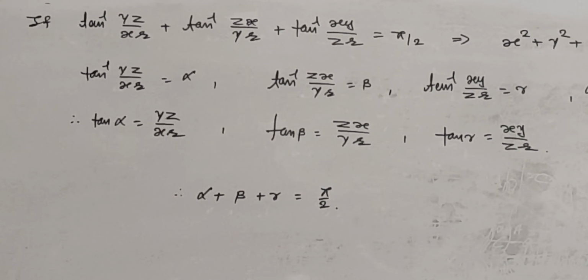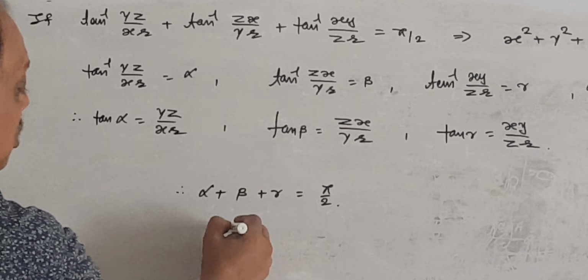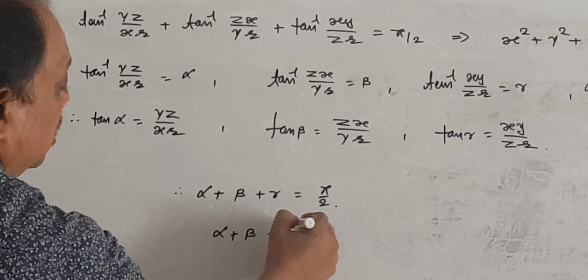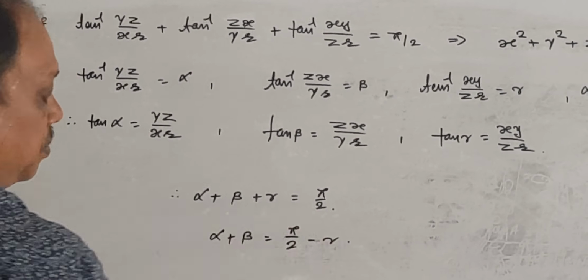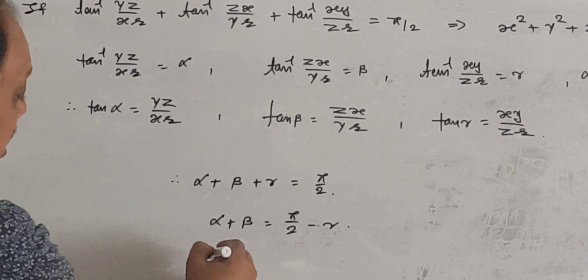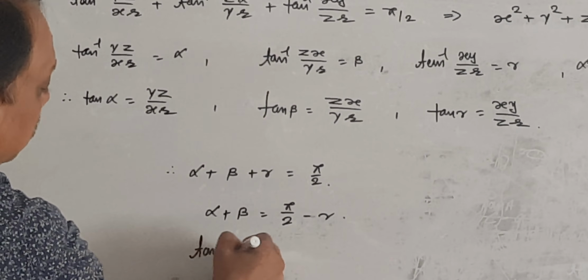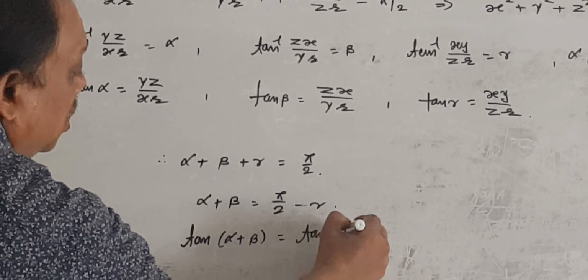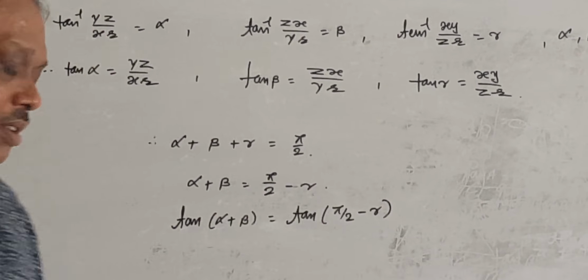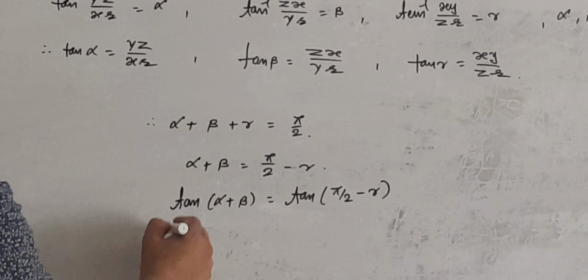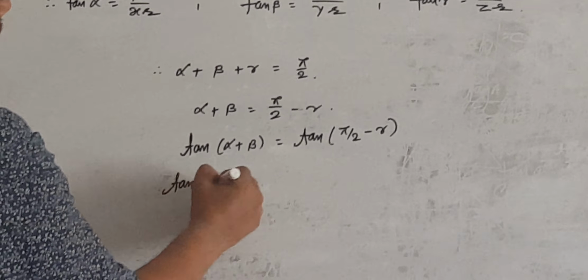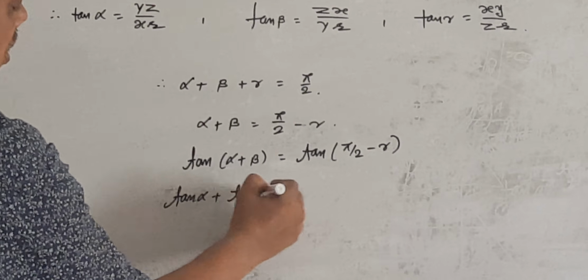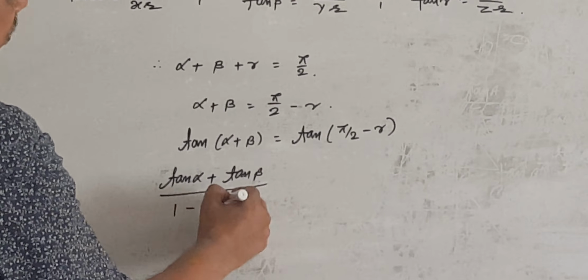The whole question is done. We take gamma that side, so alpha plus beta is pi by 2 minus gamma. We take tan both sides, so tan of alpha plus beta is tan of pi by 2 minus gamma. We prove the result. Tan of alpha plus beta is nothing but tan alpha plus tan beta upon 1 minus tan alpha